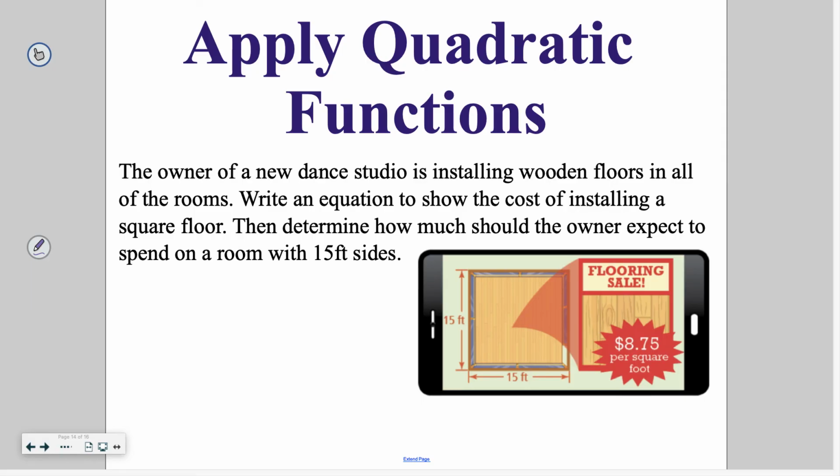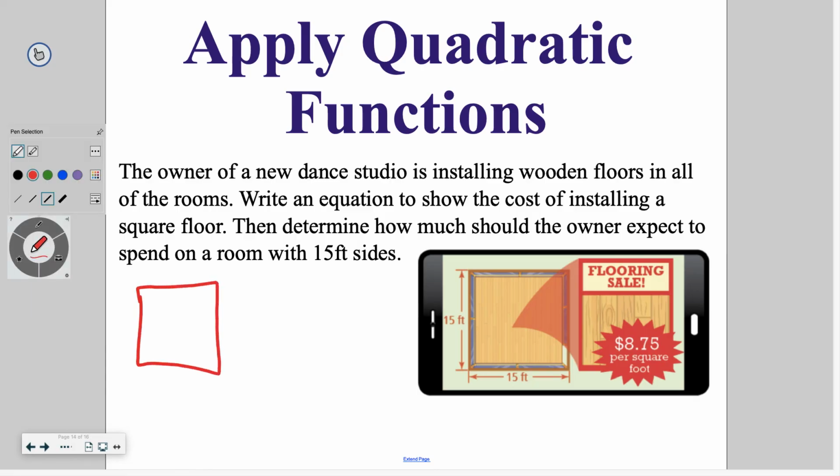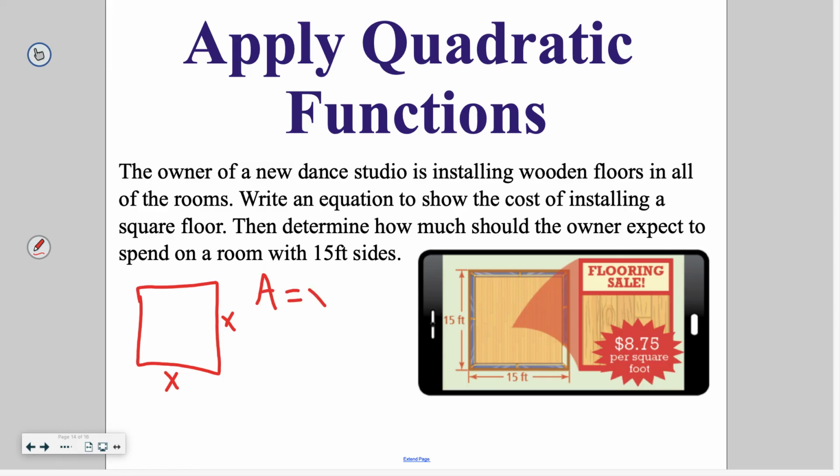So the first thing we need to consider is the fact that it's a square room. When it's a square, that means both of our sides are the same. So the area of this square would be x squared. That's how much space we have to cover. Now, it's asking about the cost. This info over here tells us that it's $8.75 per square foot. So our cost equation is going to be